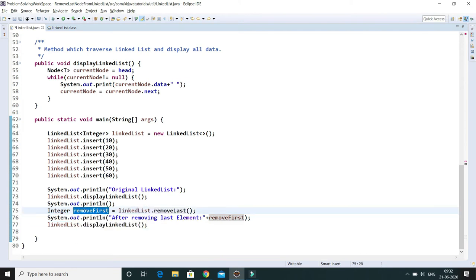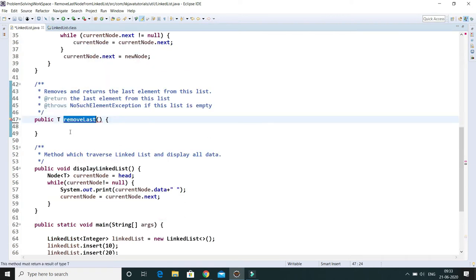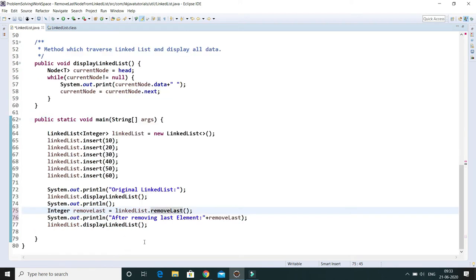Let's rename this method, I'd say remove last, because this is removing the last element from the linked list, right? So after removing the last element, the remove method returns whatever node data is going to be removed; that node data is just returned.